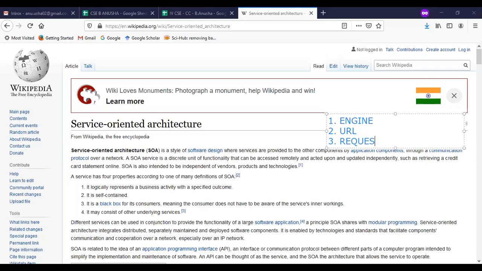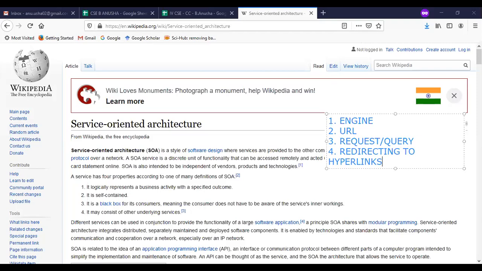After that, it is redirecting. Where is it redirecting? It is redirecting to hyperlinks.